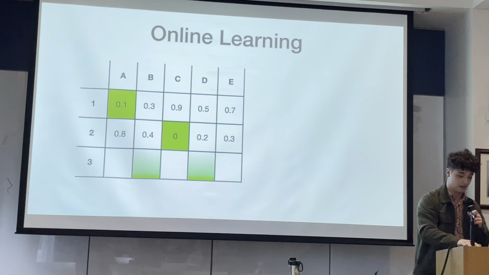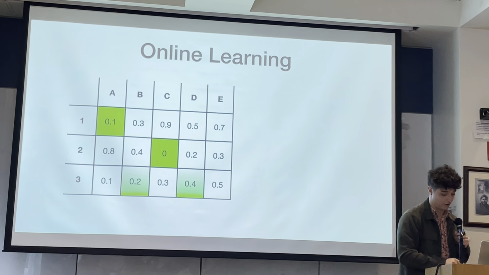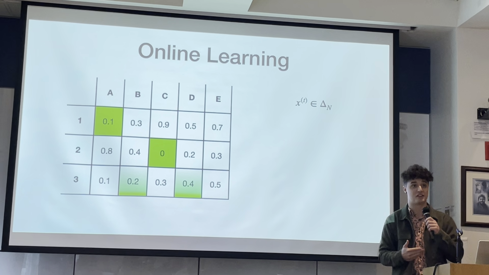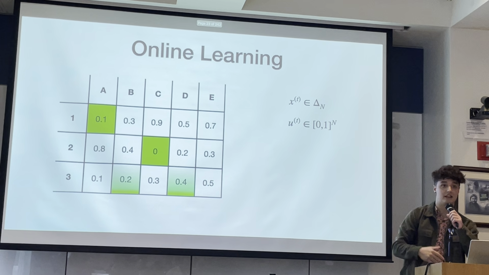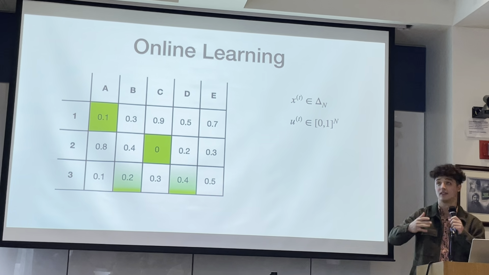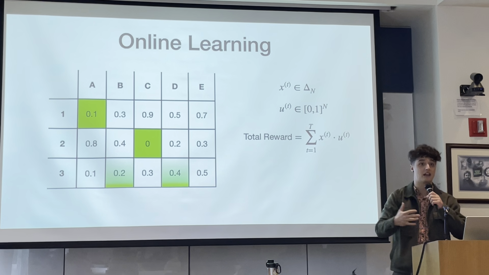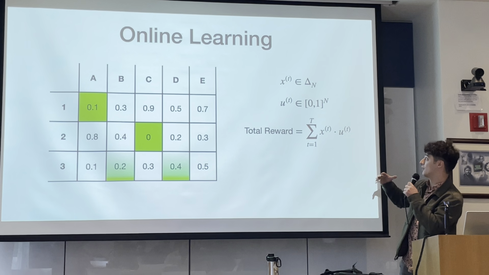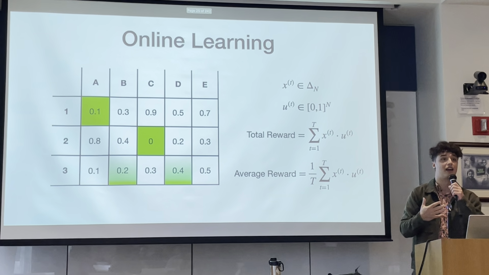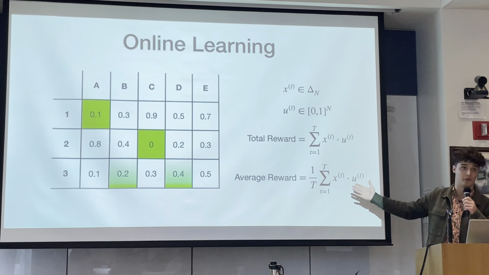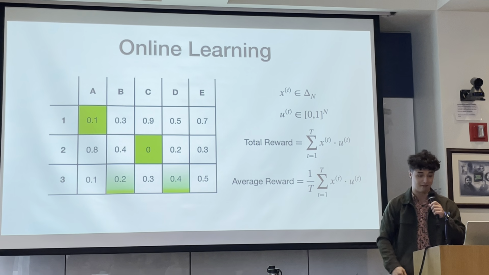We're allowed to play a mixture, in which case our reward will be the mixture of the rewards of the actions that we chose. So formally, every single time step as an online learner, we select some sort of x, which is a distribution over the actions. Then we receive some sort of reward or utility vector that is, say, between 0 and 1 for all these actions. And then at the end of capital T rounds of learning, we could say that we've incurred some total reward that is the dot product of these vectors. Or we could also say we incurred an average per round reward of this quantity. This is the quantity we'll be talking about during this talk. When I say the word reward, we'll talk about average reward.